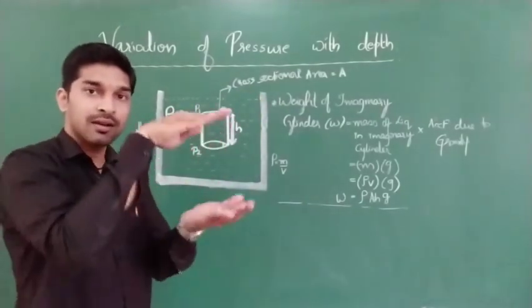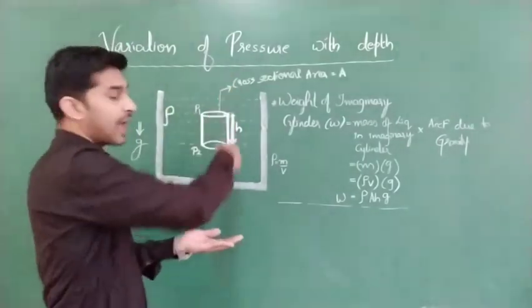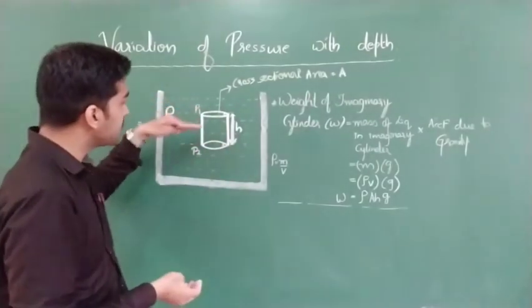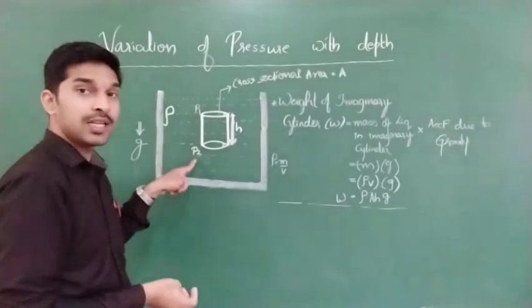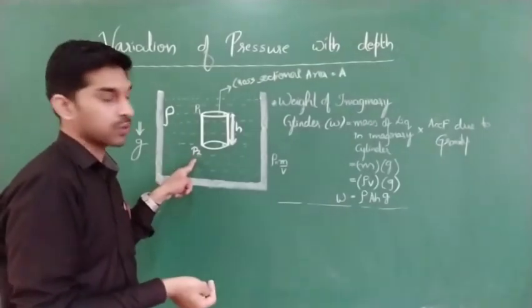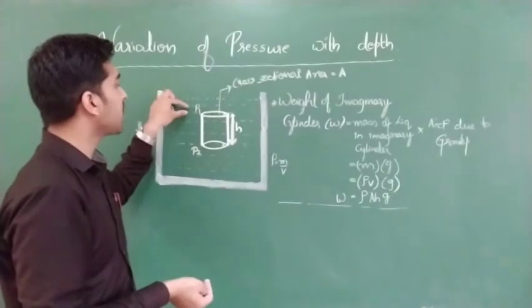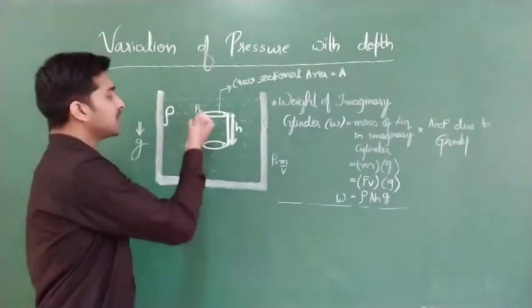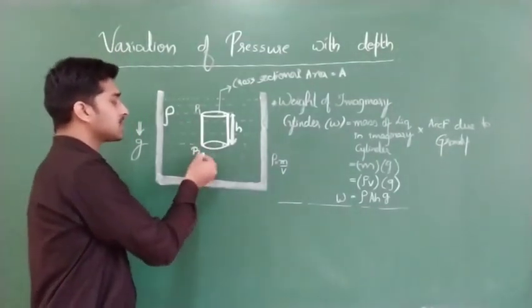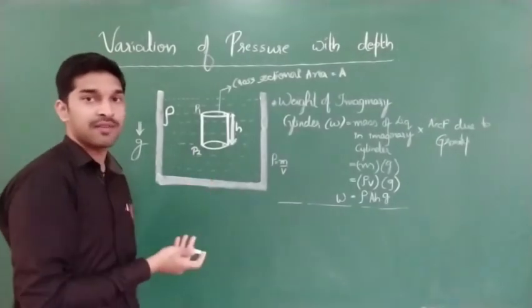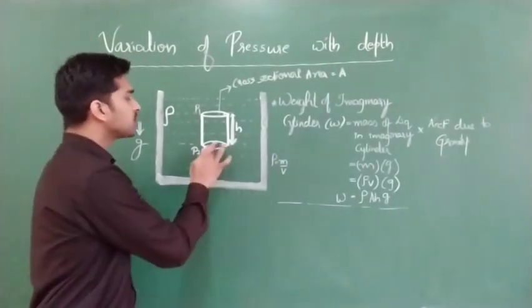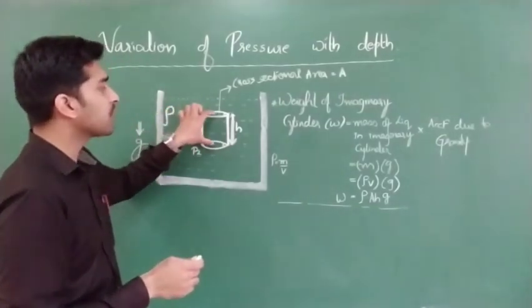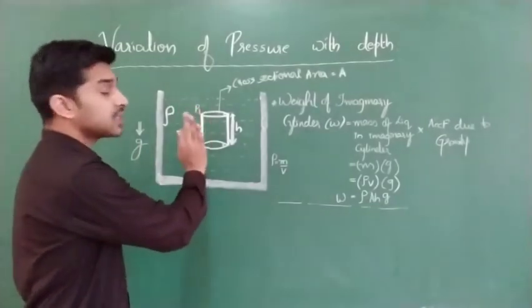Clear? For each layer, mg, where m is the mass of one layer, acts in the downward direction. Again the second layer acts in the downward direction, like that so many layers are there. So here it is maximum pressure as well as maximum force. Here, if we have only two layers, that's why there is a little pressure. Or you can just consider that P2 is deeper, so it will have maximum pressure. Clear? So due to this pressure difference, this imaginary cylinder is not moving. That means we are considering it stationary.